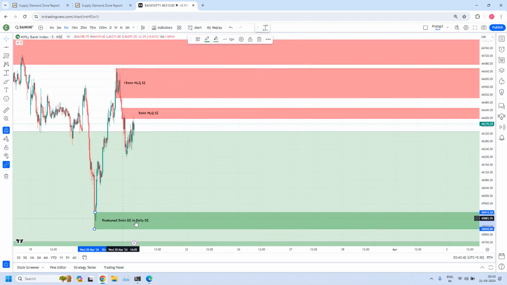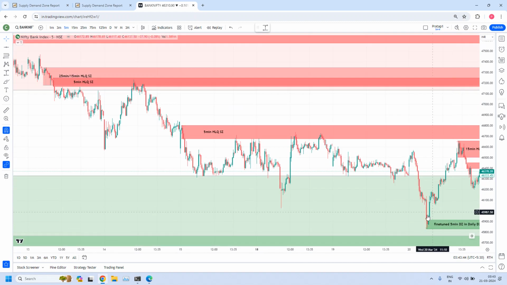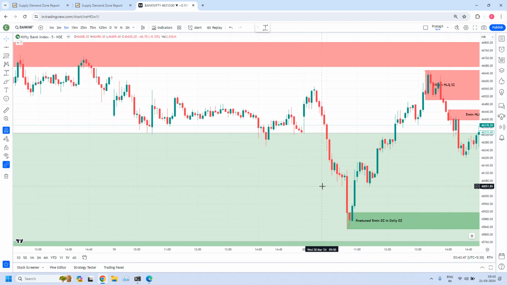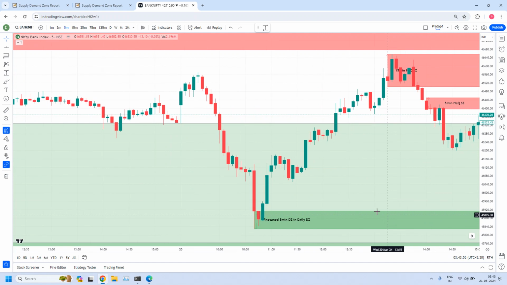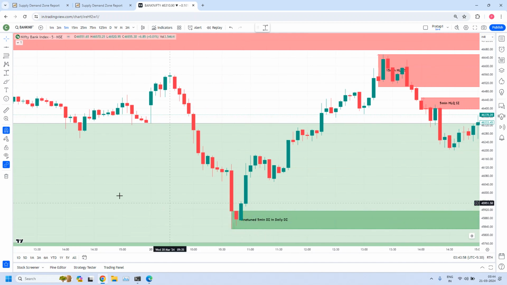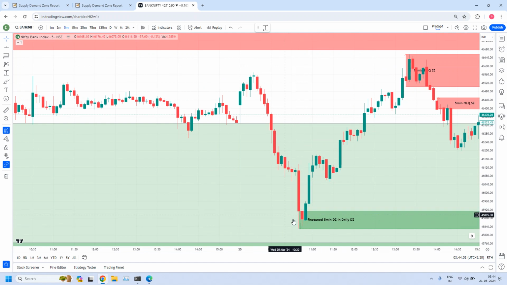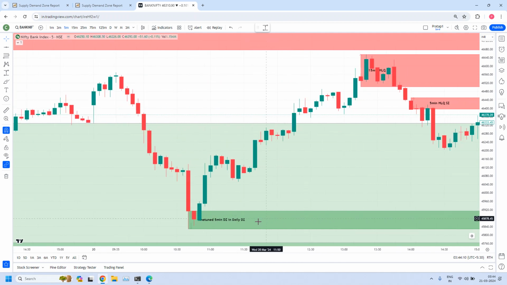This fine-tuned 5 minutes demand zone is a new order flow. Today institutions added this 5 minute zone. Where did they add it? In the fine-tuned area. If they add outside the fine-tuned area, it may not have much importance. I deleted all those fine-tuned zones to bring clarity, but don't forget, I already showed you earlier in this video. So this is created exactly in the fine-tuned area, so automatically this will become a fine-tuned demand zone, but a fresh demand zone.